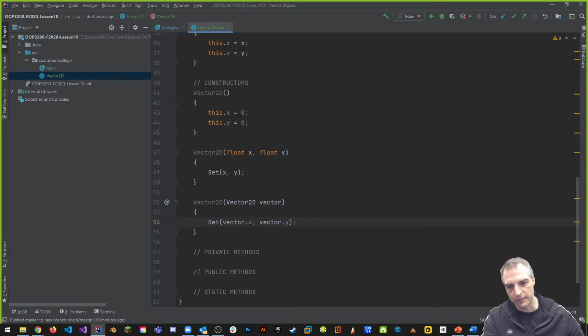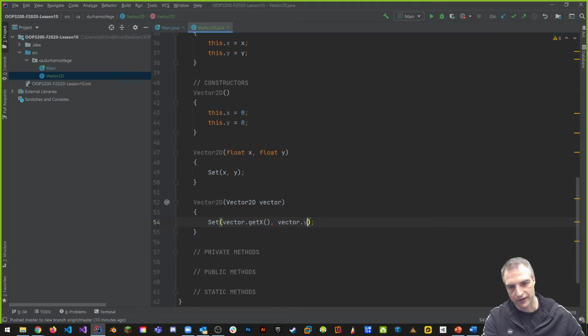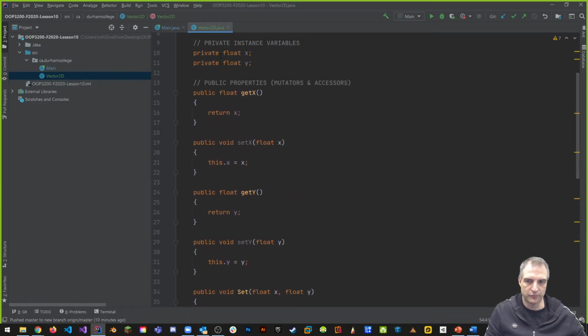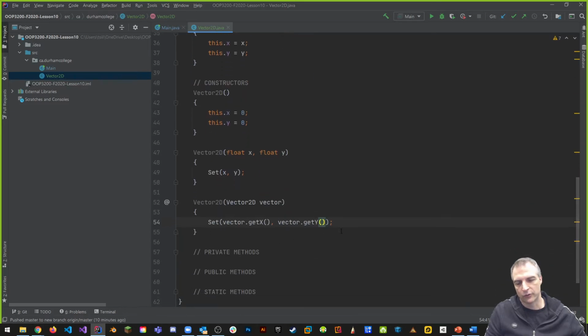Now this is okay, but wouldn't it be better if I said I want to use vector.getX and vector.getY, and I recommend this instead, right? The reason why is because instead of going directly, I have access to it directly because I'm in the vector class. So anything that's inside private, I'm good. I can access, right? But I think it's just safer and better always to go through as much as possible into using the setters or the getters, okay, that kind of stuff. So that's pretty cool, right? Like, I mean, we did this vector, so it'll actually take a vector 2D as well. That's the thing that it'll take. Okay, so